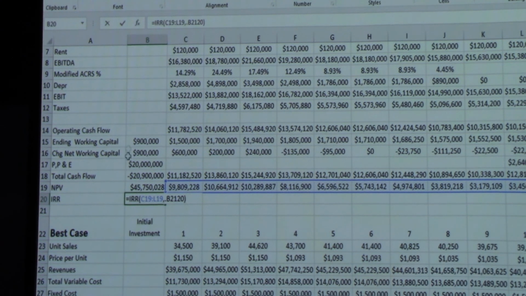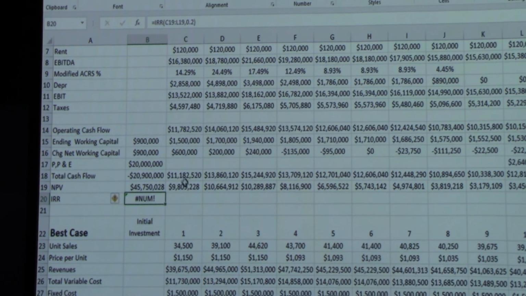No. All right, what's the problem here? Equals internal rate of return, C19. Well, I think we just need to put the